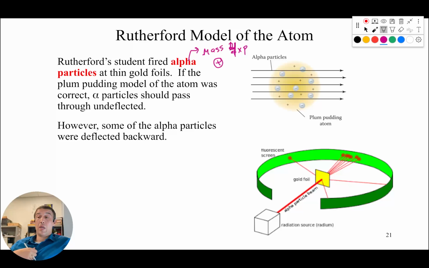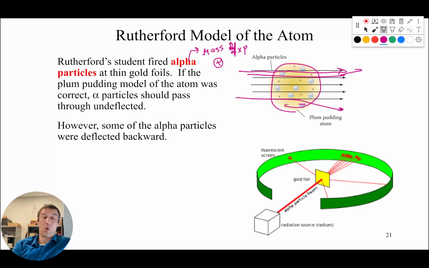And if we fire this alpha particle beam at it, what are your alpha particles going to do? Well, they're going to pass straight through. They're 4 times the mass of a positive thing. We're just looking at a sea of positives here, and then we have our electrons chilling in there. So if anything, these might hit and ricochet a little bit, but we're not going to see much movement off